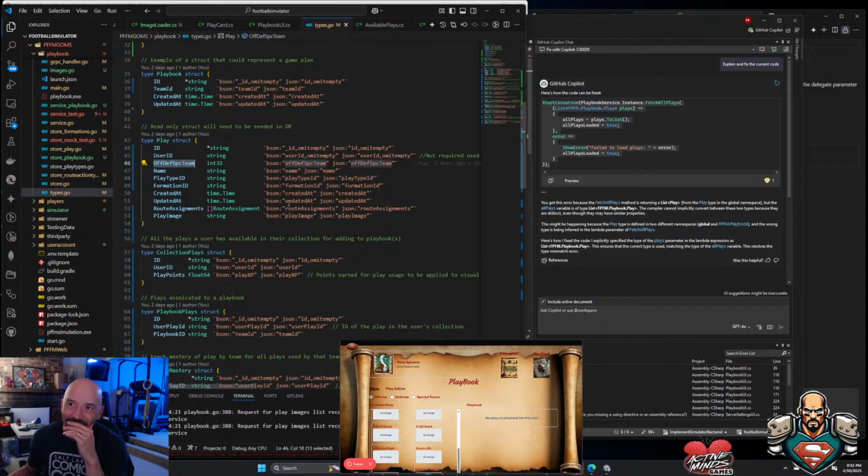Because they're not, I can't get the information I need off of this for filtering or anything if I don't have the play IDs. Yeah, that's a problem. So if I add the play ID in there,